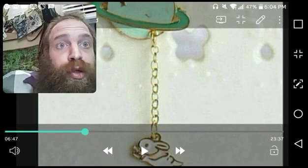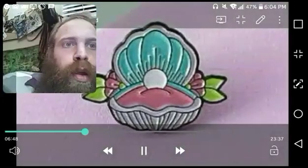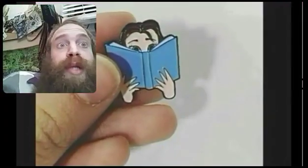Think of it as a spiritual lasso or a noose. Clams, of course, the oyster and the carpenter. Typewriters, I don't know what that means yet. Books, I'm pretty sure that a lot of these codes